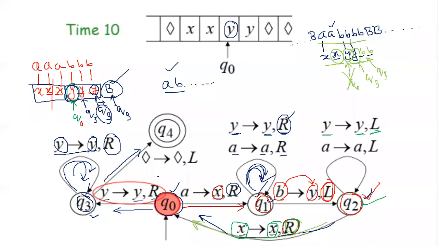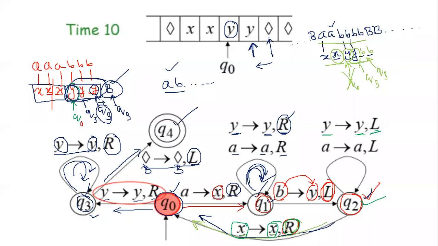Yes, sir. That's why it is given, you see. If you find a blank, it will remain blank, but remember one thing: we always end up at the last character of the actual string, not at a blank. I have encountered a blank, which means I have checked all of this part, which was fine. That's why I go one step left, so that at the end my read head points to the last character of the string. That's why you see I have an L.